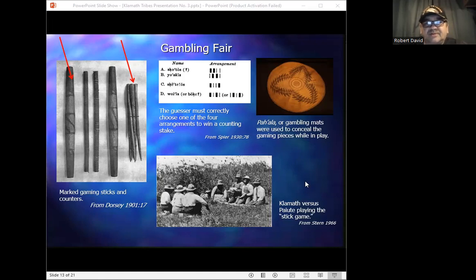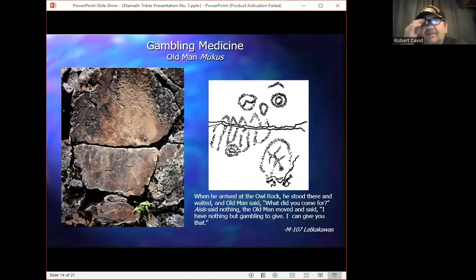Well, just as with the Power Quest, which we've talked about in the past, those who wanted gambling medicine had to make a special journey into the wilderness to find it. But this wasn't the ordinary power sought out in a general Power Quest. Persons seeking gambling medicine had to receive it directly from Old Man Owl, otherwise known as Mokus, who was the owl spirit.